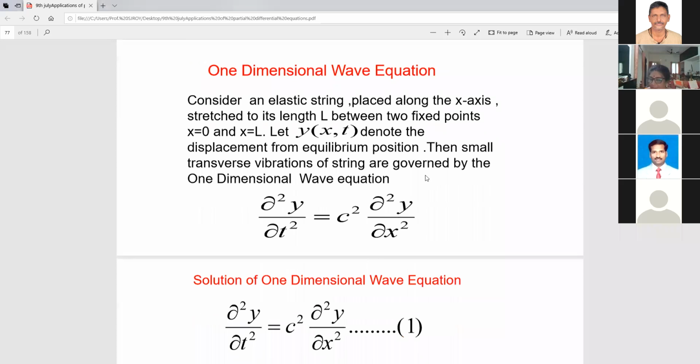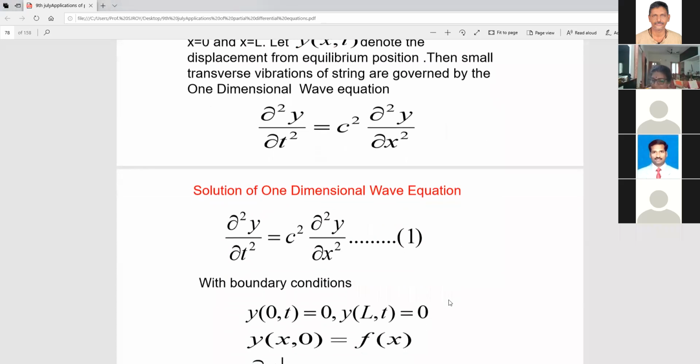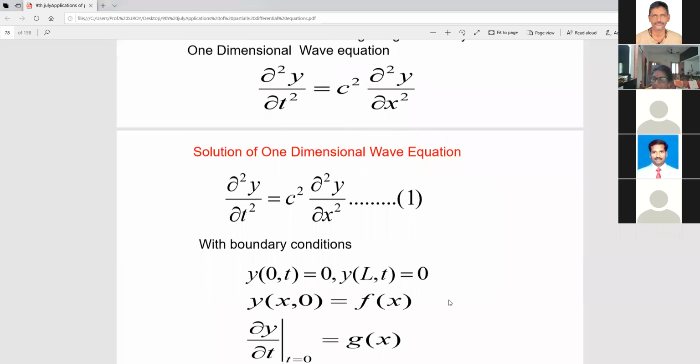One-dimensional wave equation I have written. One can do even two-dimensional. I think higher engineering people are having even two-dimensional. So it is a very interesting equation. Once you have this, heat is flowing in one dimension, so we are having the one-dimensional wave equation. Once you have this equation, we should have the boundary conditions also and two initial conditions.